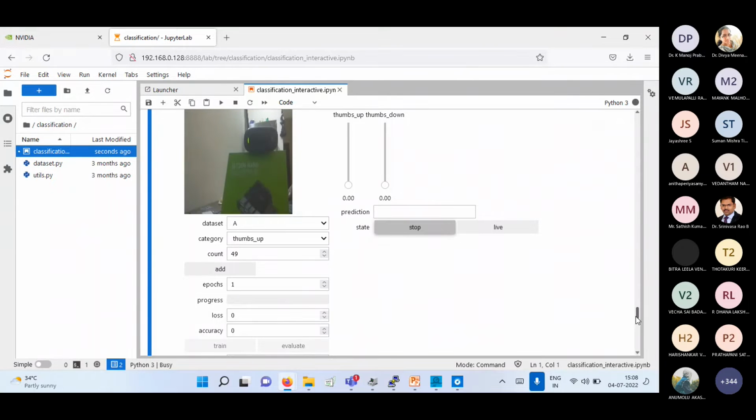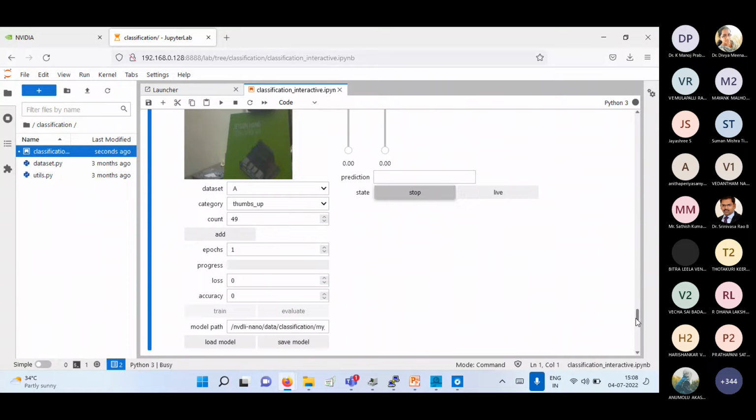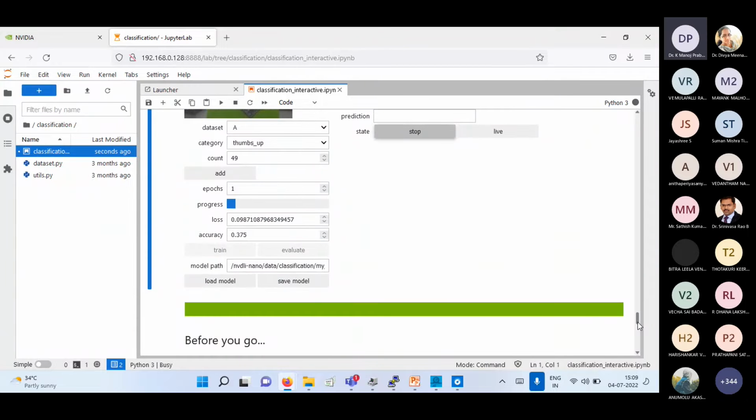Camera is stable. It's training. Please wait. Yeah, now it has started for FOG.